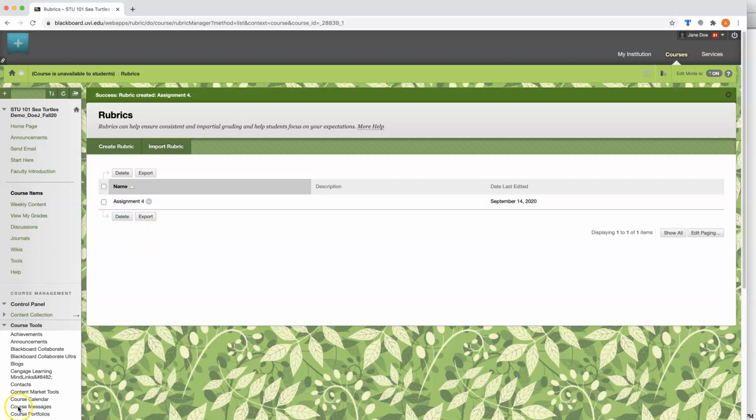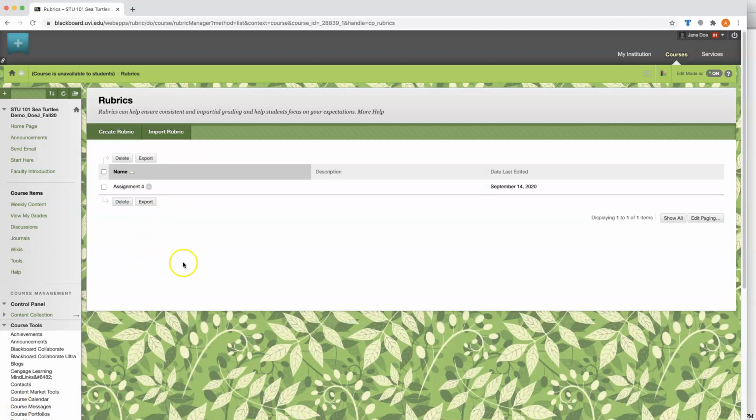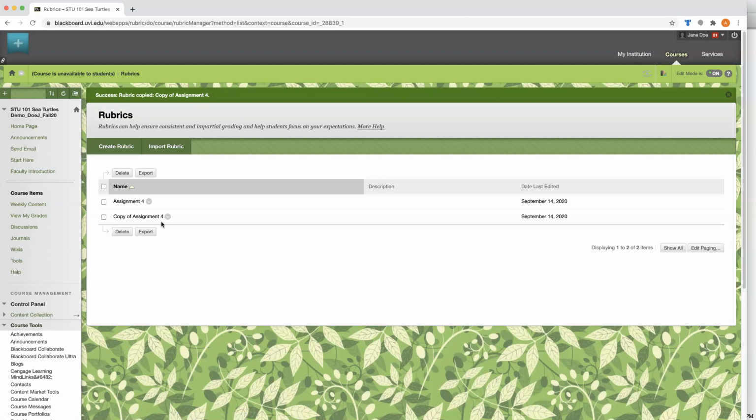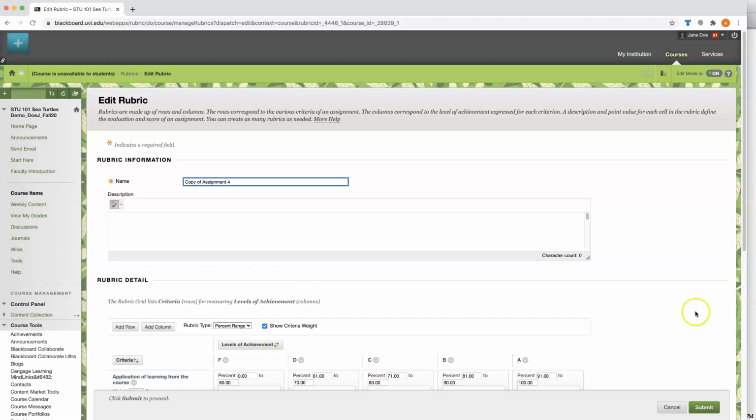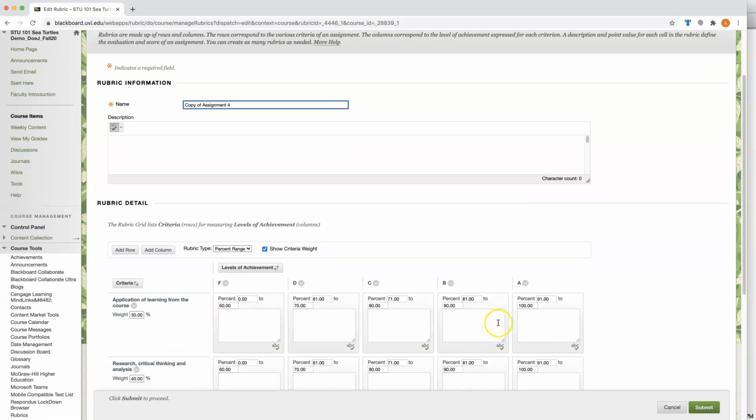Similarly, we can create a rubric for a discussion. However, when I have to create the next rubric, I will not choose Create Rubric, but rather I would go here and I would copy the rubric. And this makes it easier because now I don't need to set up these different levels of achievement and their percentages. I can change this to discussion,